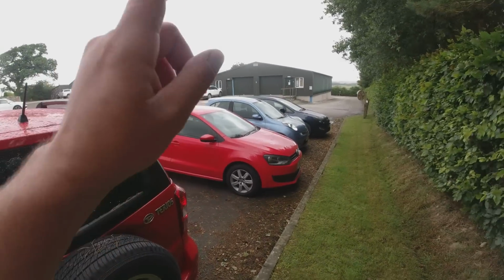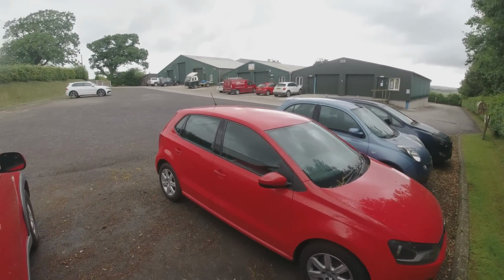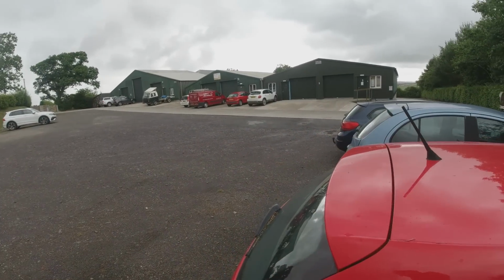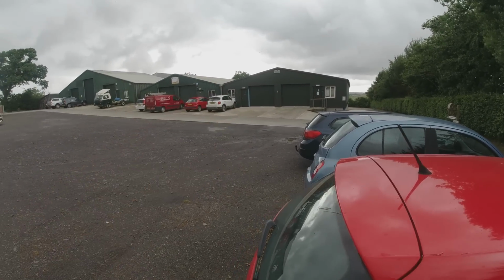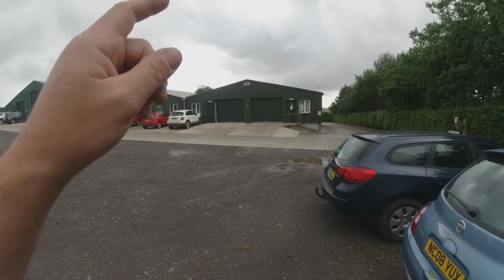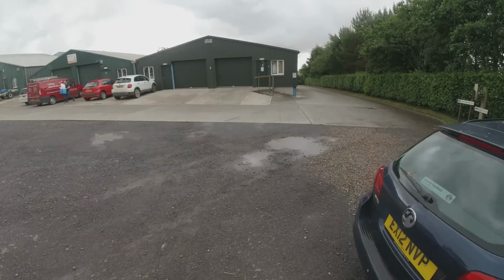But I've still got the 500X from Mrs. Chops I need to clean up and get advertised on her behalf, so that I can get sold now she's had the Jeep off of me. I've got the DS3 to clean up and advertise. I've got the VW Up parts in now to put that together, get that ready for paint. And I've got the Jag to have a look at, and I've got another car that I bought this weekend,